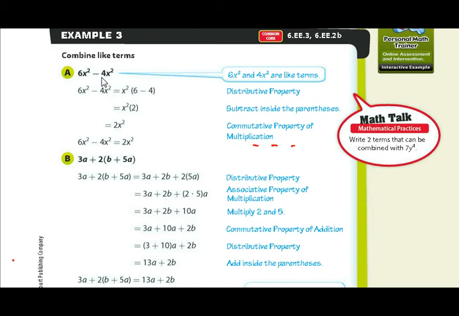So in example B, 3a plus 2 times b plus 5a. We'll use the distributive property, so we'd have 3a, and we multiply the 2 times b and the 2 times 5a. 2 times b is 2b,